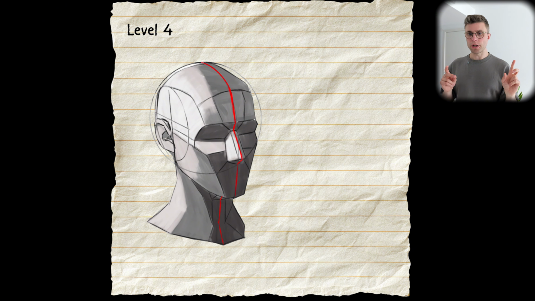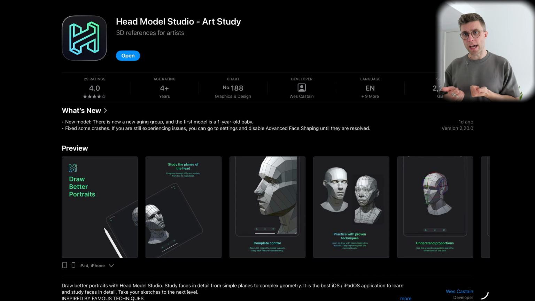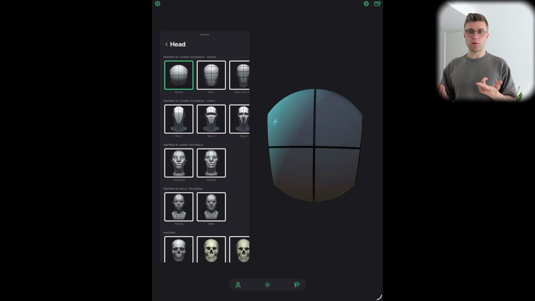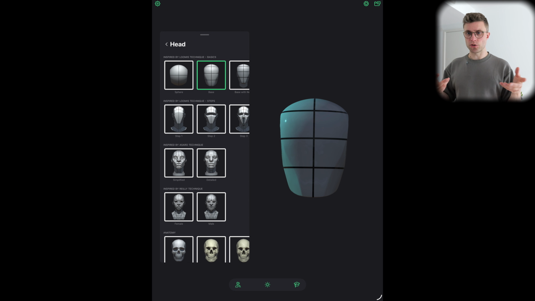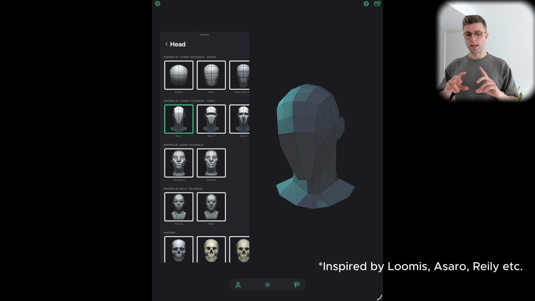Now, as I was learning this topic, I came across a pretty good tool. I am in no way affiliated or sponsored by the creators of this app. However, Head Model Studio is a pretty good tool to study these subjects and also use it as references. They come with a number of features that are also possible in the free model. I did pay for the app, so then it unlocks a bunch of more things, and they have these Asaro